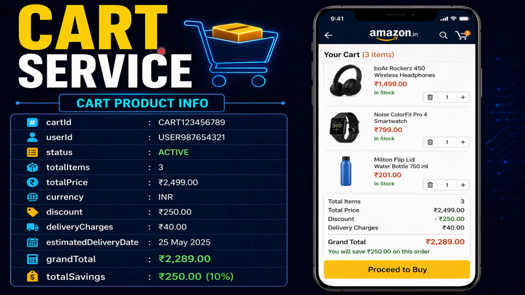Next, the cart microservice has different fields. Cart ID, this is the unique ID, user ID, also a unique ID, status active or inactive, total items, total price, currency, discount, delivery charges, estimated delivery date, grand total,